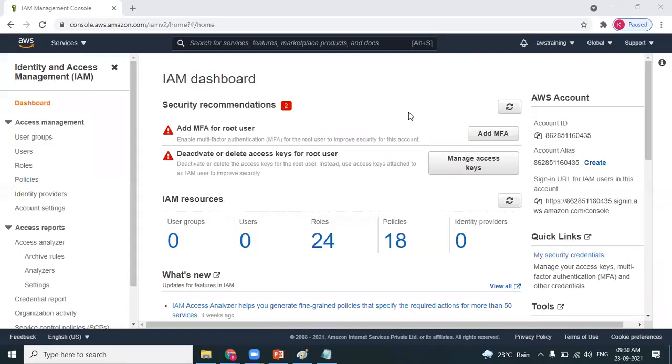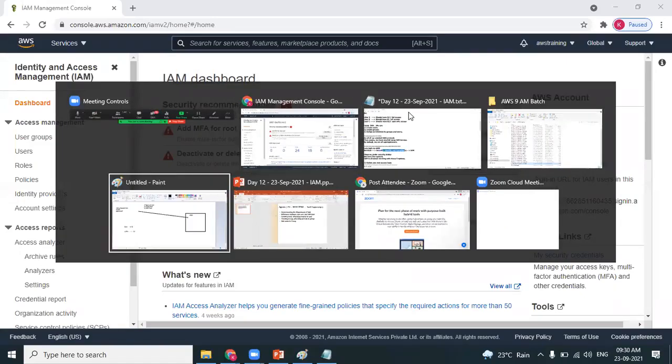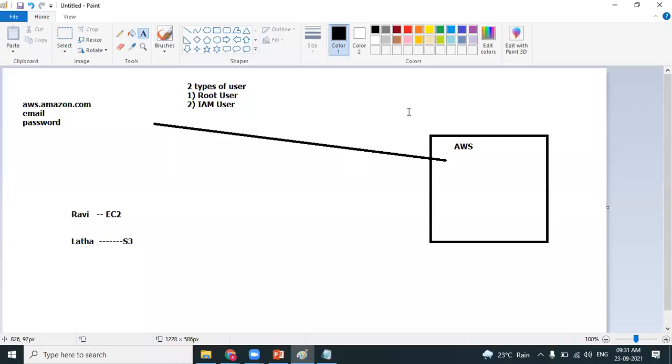I have a question, Sunil. For example, root admin is the main privilege. Don't say root admin, say root user. Root user, IAM user. Only 2 terms. Root user is by default full access, Karthik. If AWS is providing 200 services, root user can log in and select any service and start working with services.